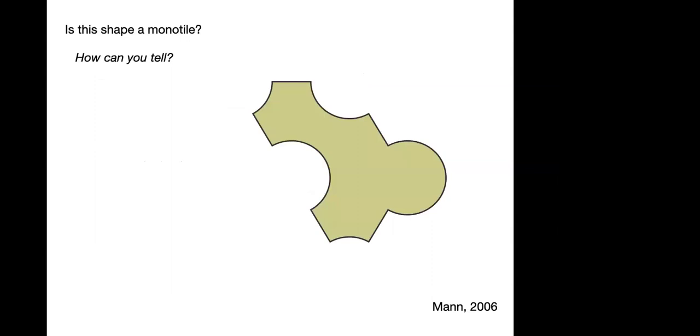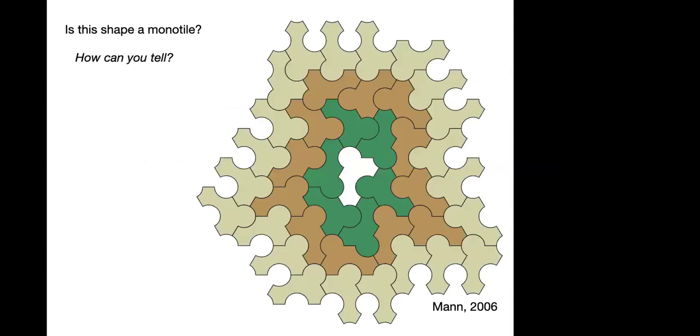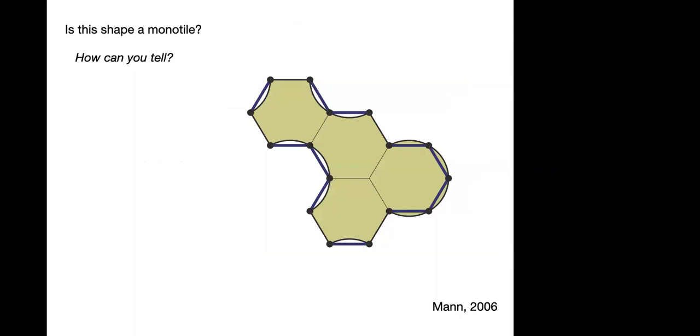And so here's another example, which may not be obvious, but in a moment it will be. This one can tile, and it can form exactly three concentric rings, but the fourth ring would not be completable. And why is that? Well, this one has a fairly straightforward proof. The proof is that if you look at the tile a little more closely, it's made of hexagons, and some of them have indentations, some of them